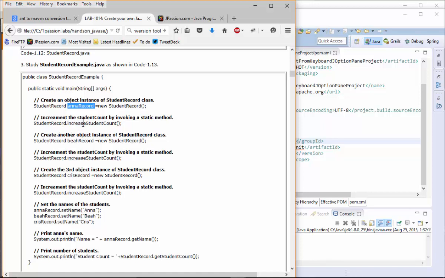So here, we are calling the increase student count static method of the student record class. Now you can see why we want to create increase student count as a static method, because that's not really relevant to a particular object instance, right? So that's the reason. And we want to actually have the same field for all object instances, right? Okay, so we design increase student count as a static method, and we are using the student record class to invoke